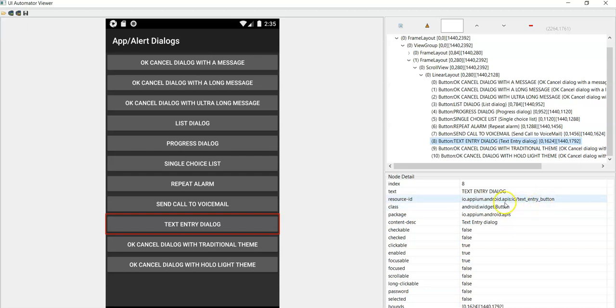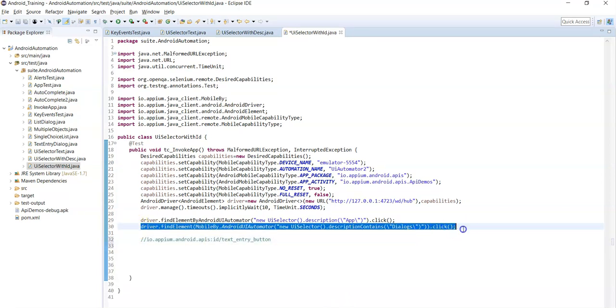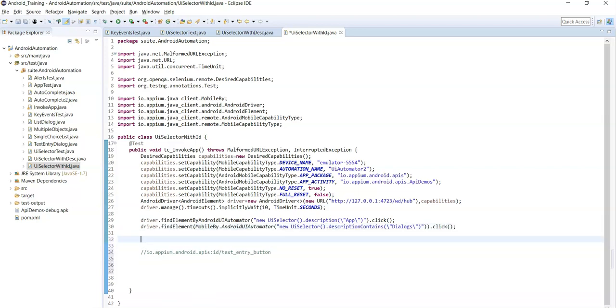I think this is a unique resource ID value for each control, for each button: checkbox button 2, text entry button. So here the resource ID is unique. In this case you can use this resource ID value to identify that button. Now let's use the resourceId method.